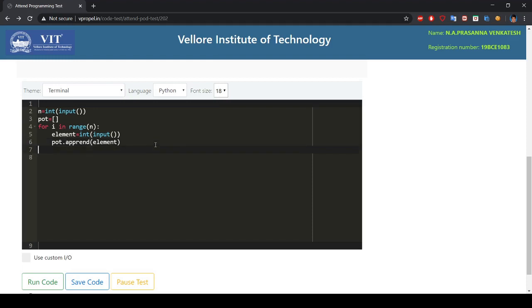So we iterate through a while loop, while length of the potatoes is greater than 1. We sort the list in reverse order so that the first two elements are the heaviest and the second heaviest potatoes.